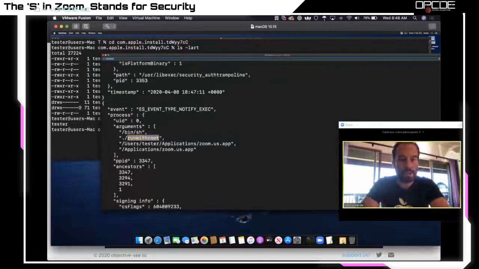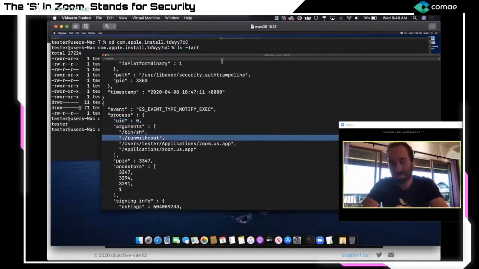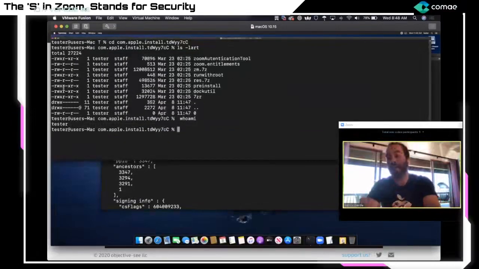We can actually confirm that if we hop back to the process monitor. We can see that binsh bash is running with UUID 0, it's running as root, and it's executing the run with root. So security auth trampoline executes that. So what we're going to do now is show how we can exploit that. We're going to add some commands to that run with root, and then during the install process, we will hopefully